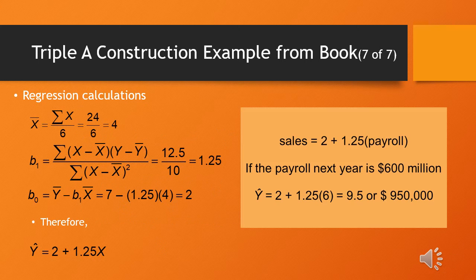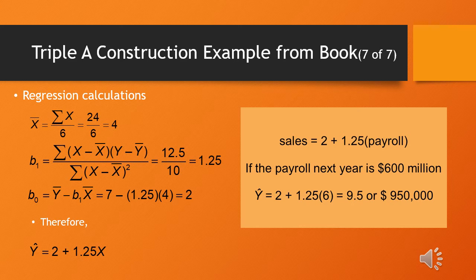So to finish off with our example, if the payroll next year is 600 million, where x equals 6, then the predicted value would be y hat equals 2 plus 1.25 multiplied by 6, which gives us 9.5